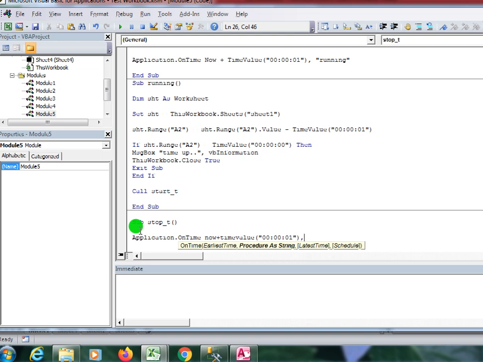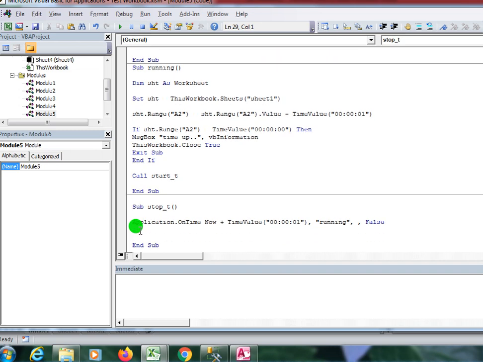Here is the procedure name, which is already mentioned in the above code, and here we have the third parameter, latest time, which I just keep. And here is the schedule, where I simply write False to stop the timer. So that's it guys, that's the code for the start timer and the stop timer.